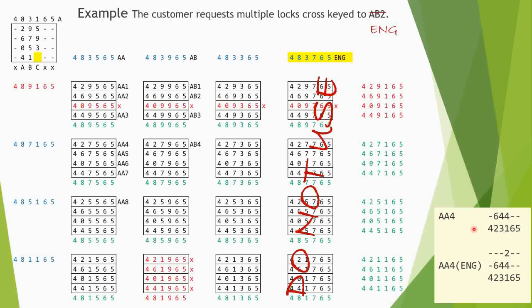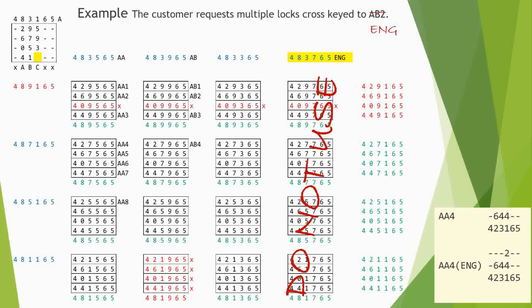We just make sure that the AA4ENG lock has, in the 4th chamber, pins to work with a 1 cut from A, and a 5 cut from AA4, and a 7 cut from ENG. That's a 1 bottom pin, a 4 master pin, and another 2 master pin on top of that. This increases the number of incidental keys for that lock, but none of them are included in our bidding list. 2 of them are